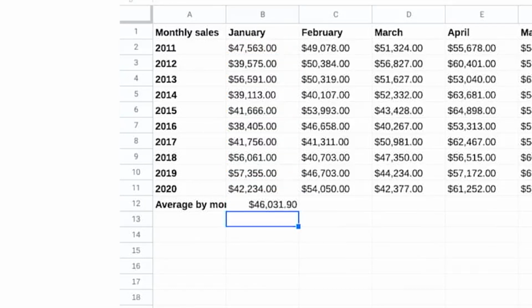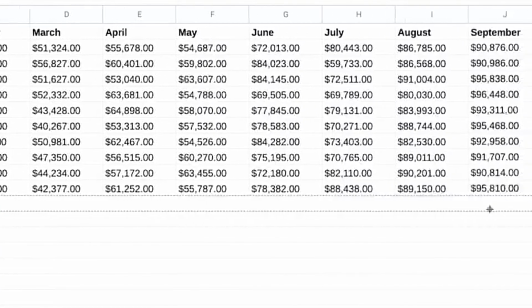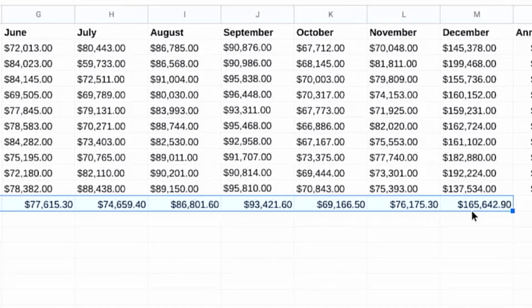We'll duplicate that formula across the row through December to look for trends. Right away, we know that summer months and December have the highest average sales.